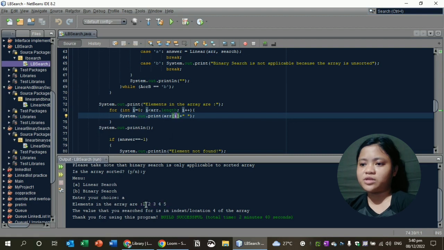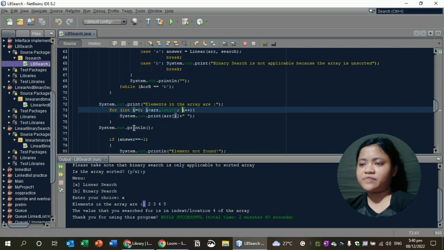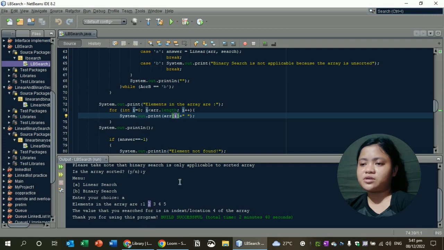We print 1 because 1 is in index 0. After that, increment i, traverse back, and loop back again. i will become 1. 1 is less than 5, true. So print array, where our index is now 1. So we print 2 because 2 is